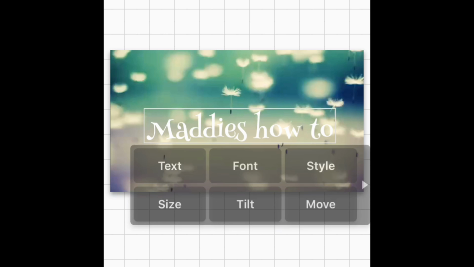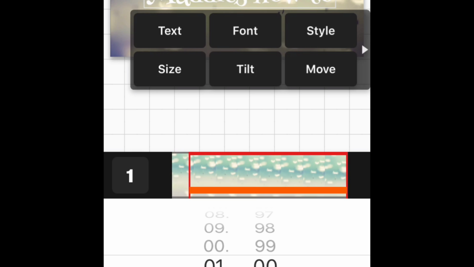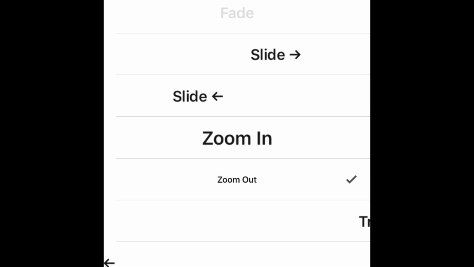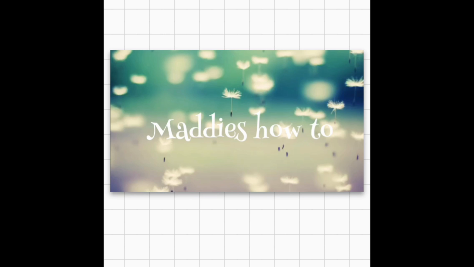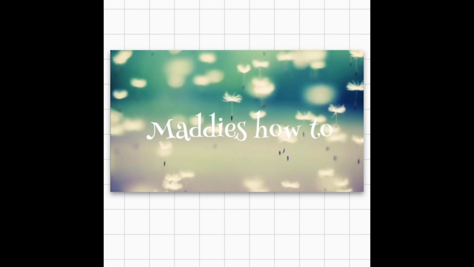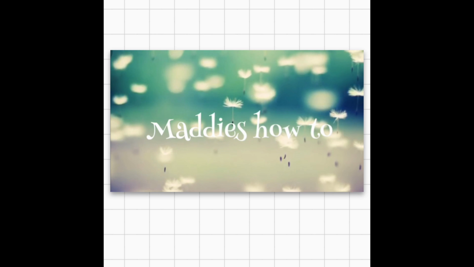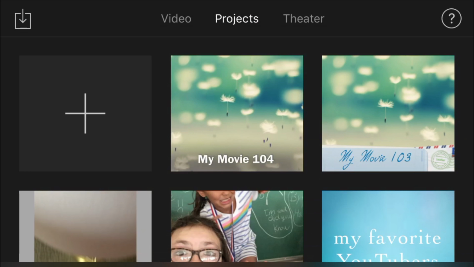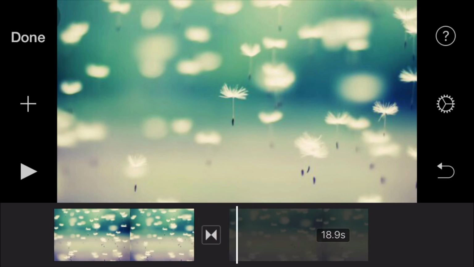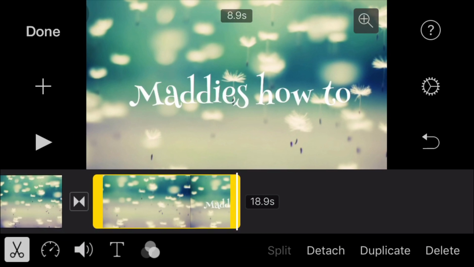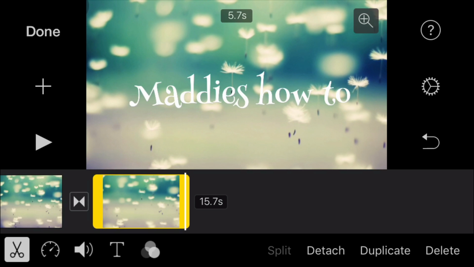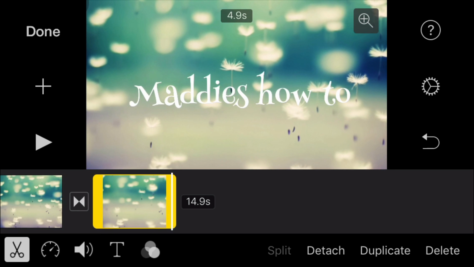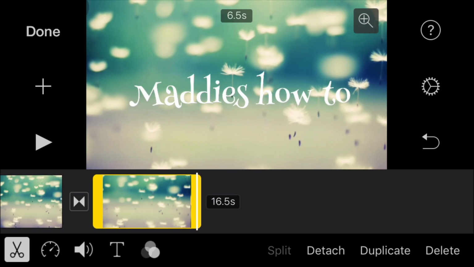Now you can change the size, but right now you're going to put it to 1 second long. Then you're going to press none and press zoom out. So I edited out me exporting it. And now I put the one I just did in, and I'm setting the original